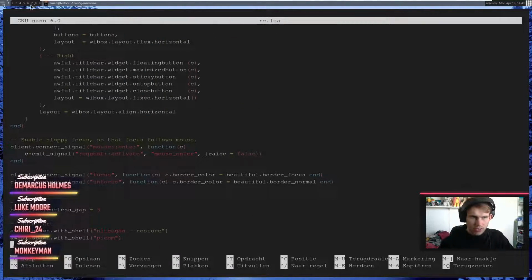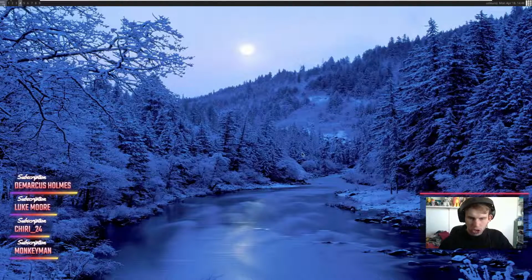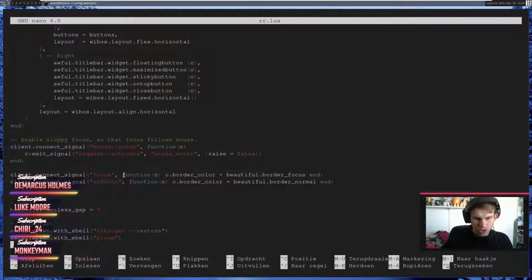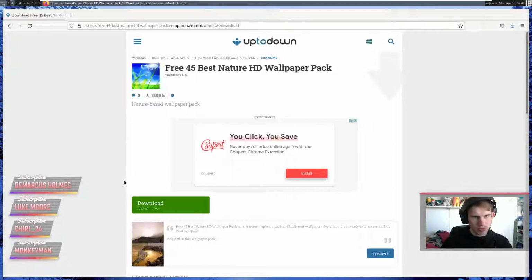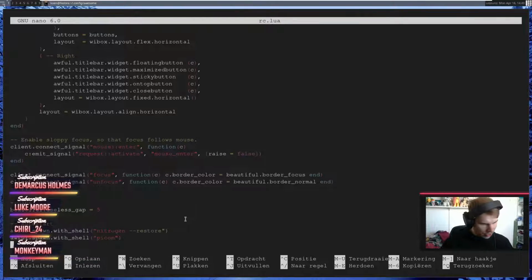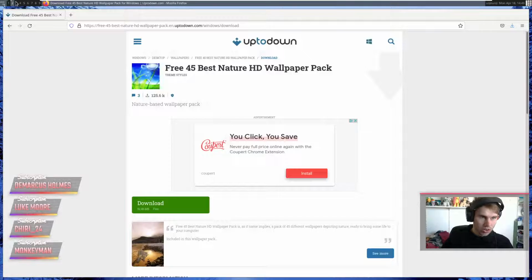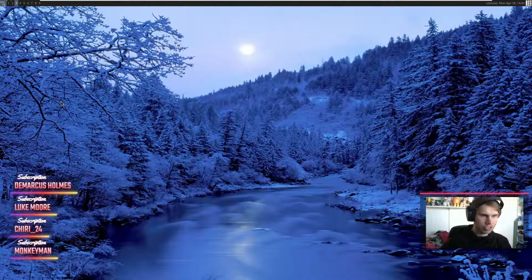I have a feeling that Awesome Window Manager can work with a variety. It's just going to take a little bit more time than I was originally anticipating to actually work with that. But do we actually have? No, we don't have that. Do I even have PyCom installed on here?